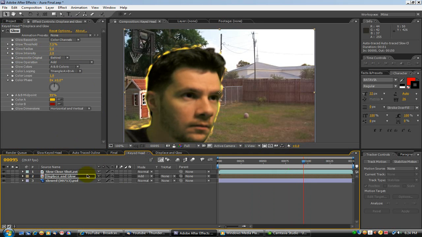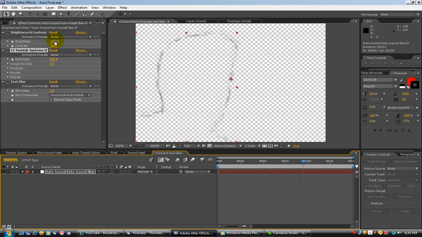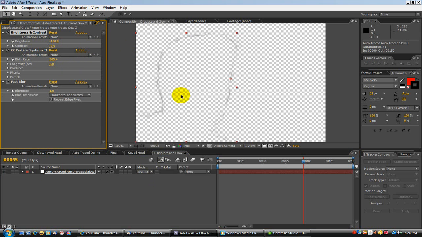Now you can also go back to it and either change the brightness and just see how it looks, make it less like a gray color and see how